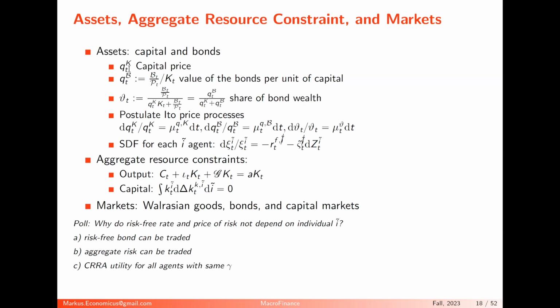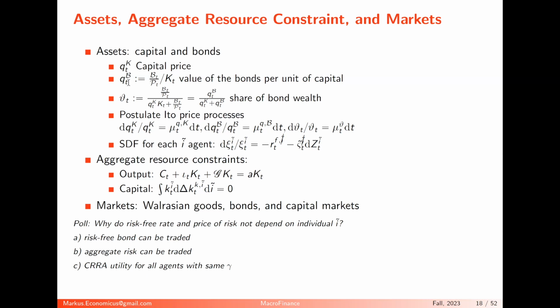QK was the price of the physical capital, all the machines, per unit of capital, so per machine. And now I would like to know what's the value of all government bonds per machine. It's a little bit strange to make it per machine, but it's an AK model. I want to keep everything scaling with respect to K. So that's why I introduced this QB. But QB times K is the value of all the government bonds.